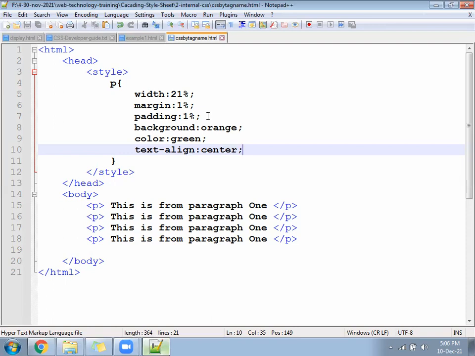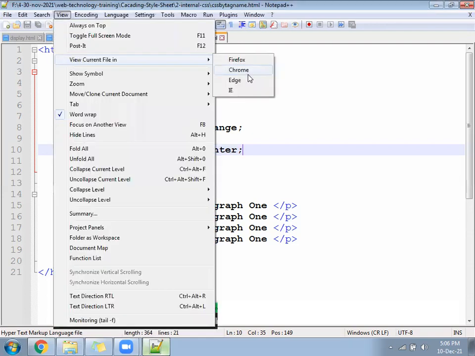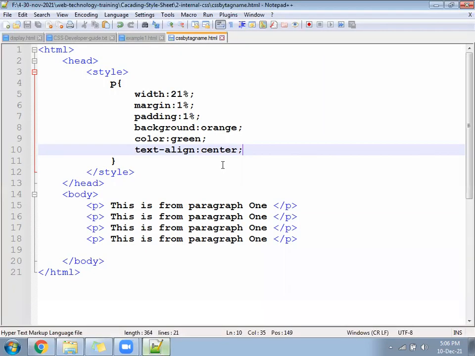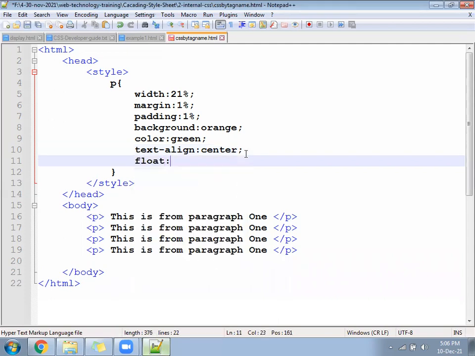Because float left we have not written. Float left if you do not write, then it is a block level element. It will not come in the same line. It will go to the next line. See, it's gone to the next line. So let's keep here float left.